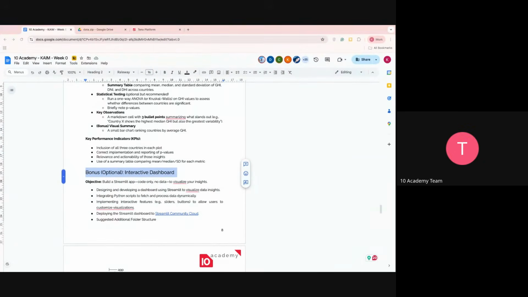Okay, good question. So let me just clarify. If there is a computational issue and you cannot do it locally, you can do it on a notebook. It could be on Google Colab, or other sites that provide computational power. So you can do it there and download it and put it in your